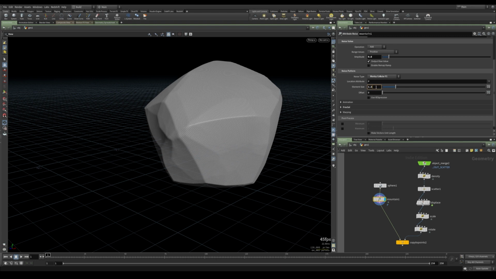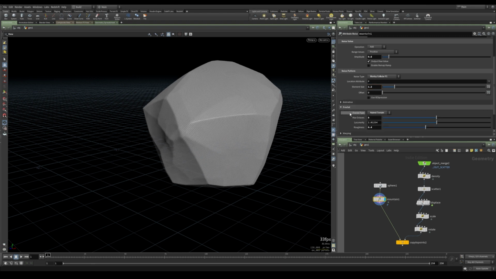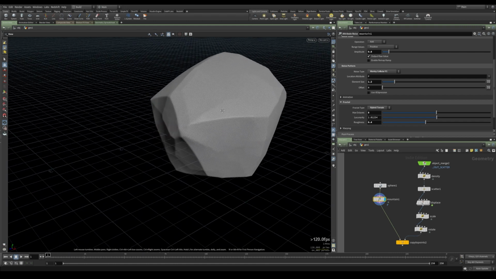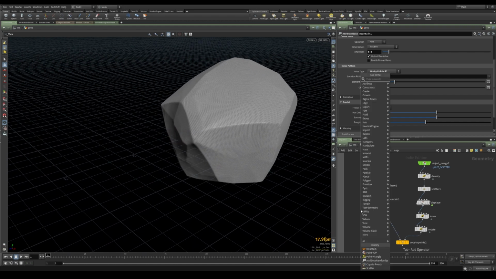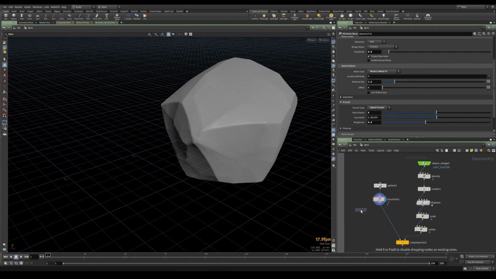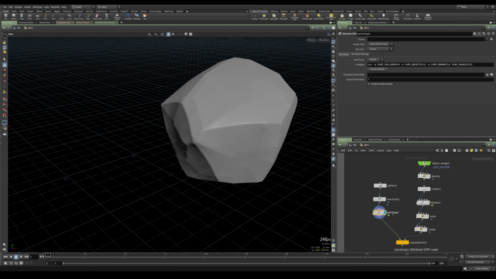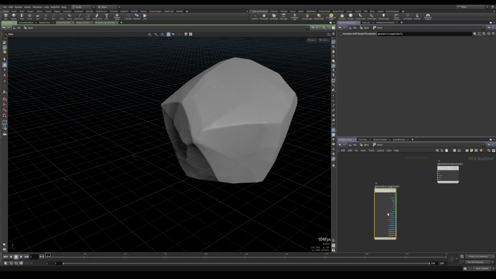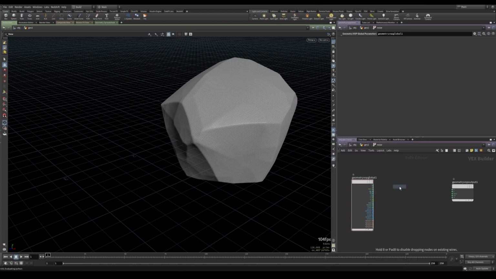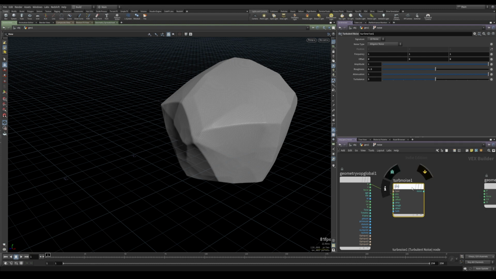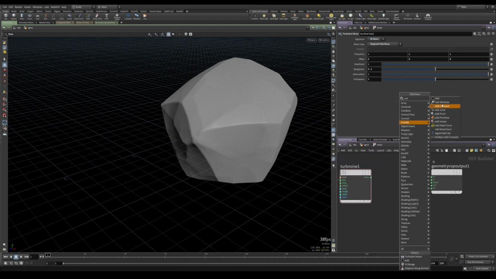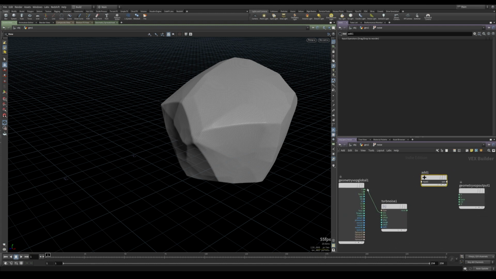Maybe we can set the element size to 1.2. As for the noise parameter, I believe it's fine for now. And then we want to add another noise, this time with a point wrangle. So let's call it noise and go inside. In here, we will drop down a couple of turbulent noises. So let's plug the position. And we want to use the original Perlin as 3D noise for the first one, and we will add it to the current point position. So plug the position and the result of the noise,